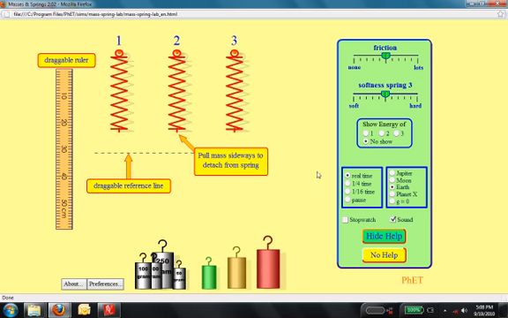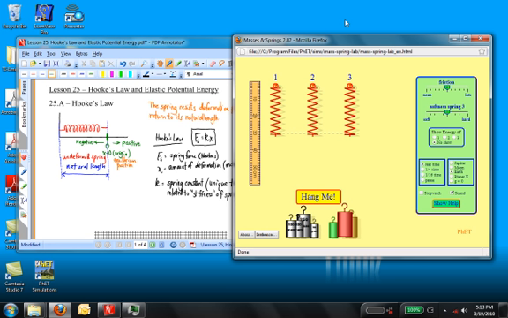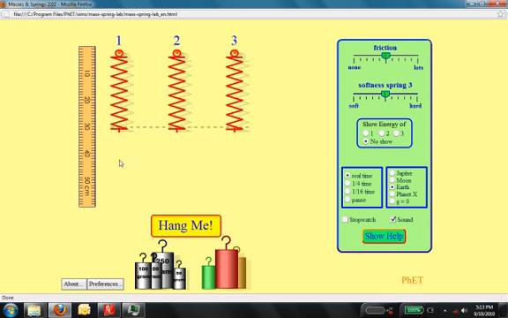So what I would like to do is to hang some masses on these springs and figure out how I would determine what the spring constant is of this spring. This is a lab actually that you're going to do. So I'm going to enlarge this simulation, and I'm going to try to shift things around and examine some things